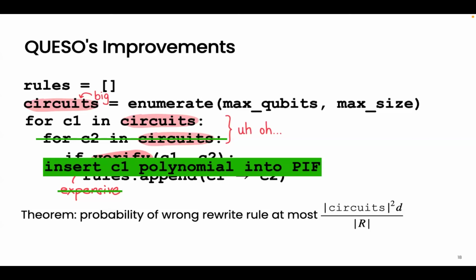Other questions? Is there any clear relation between the degree of the polynomial that represents a circuit and what it costs to identify the polynomial? Sorry, if I'm understanding correctly, you're asking the cost of transforming it into a polynomial? Yes, and so the degree of the polynomial. Oh, the degree. The degree will be proportional to how many gates are in your circuit,